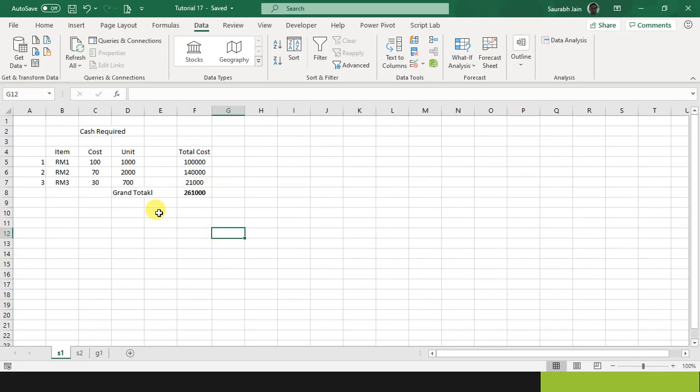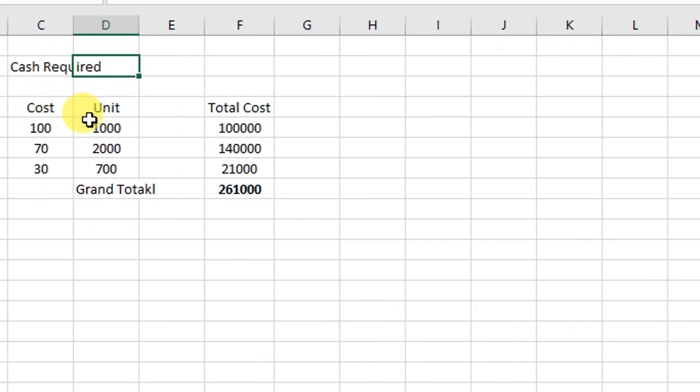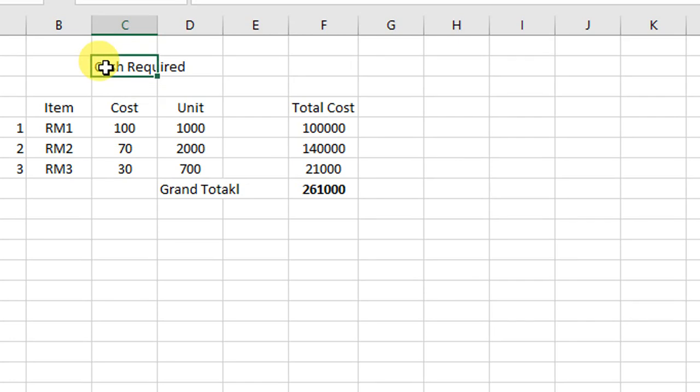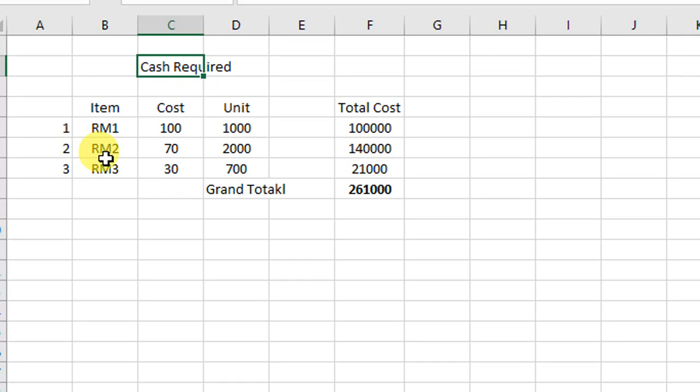So I have this available with me which talks about cash required. Fine. So we have raw material 1, raw material 2, raw material 3. We have cost of raw material 100, cost of raw material 70 and cost of raw material 3. And I'm assuming say we are purchasing 1000 units, 2000 units and 700 units. So if we purchase, total cost will be